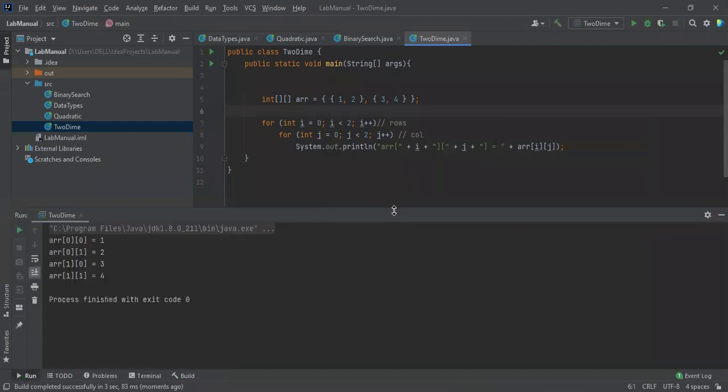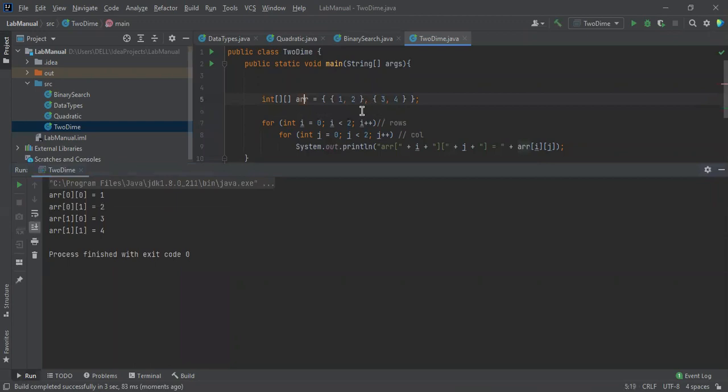Yeah, see this. The values inside the array are 1, 2, 3, and 4. So at row 0 and column 0, the value 1 has been stored, and then 0, 1. So this is the row value. These two are row values, and these two are column values, 1 and 3. Is that true? No, sorry, I just made a mistake. See, the first index 0 means it's a row. Just make sure that 0 here means it's a row. These are all the rows, and these are all the columns. Okay, I think you got the point.